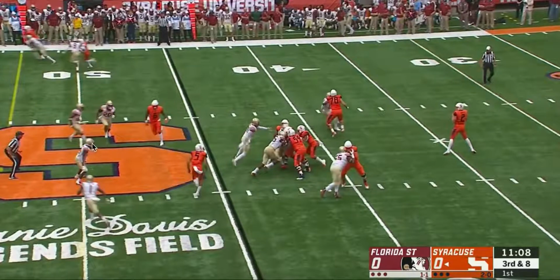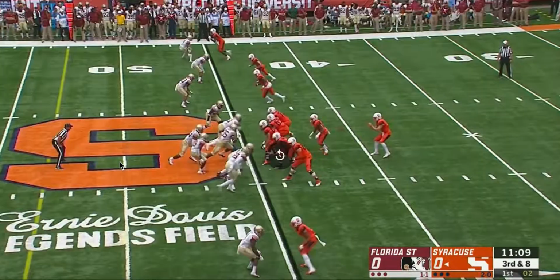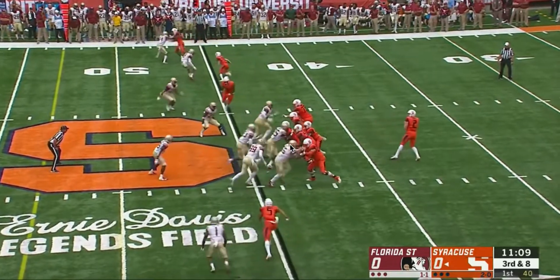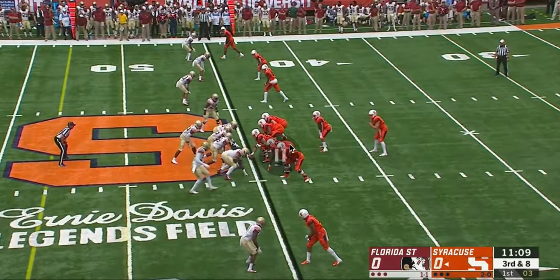In my opinion, this backer should be taking that crosser. He should help, and they need to communicate that here. You can see Taylor kind of making a hand signal like he's expecting something. So not great communication there by Florida State. Also, whatever pressure or twist they're doing up front doesn't get there. If you look, this is another example of